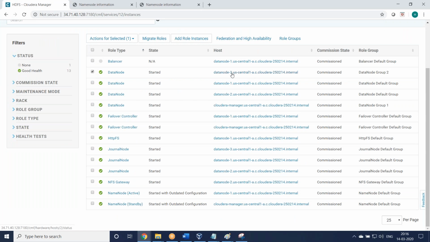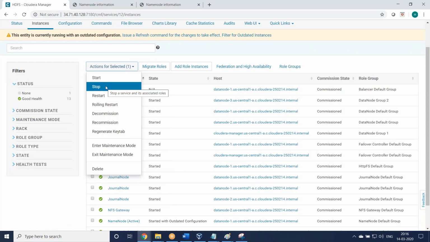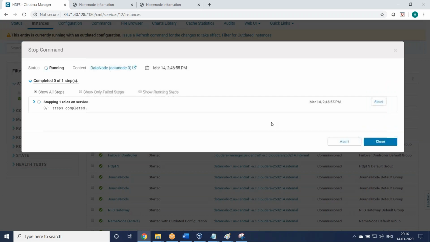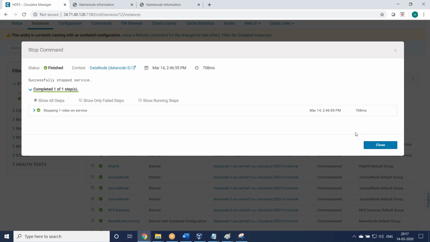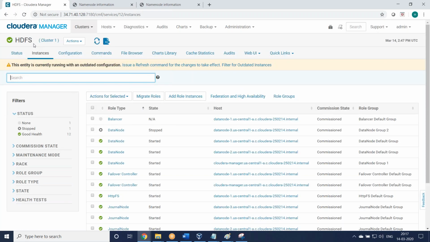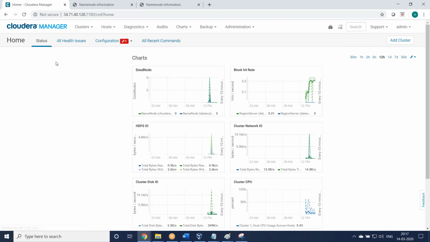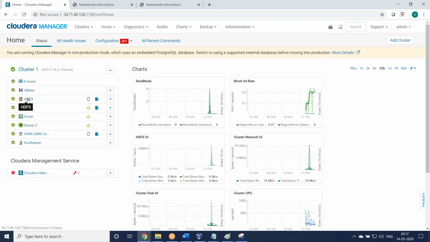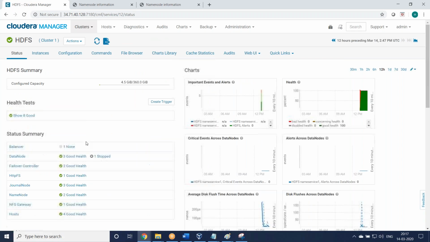For example, let us stop one data node, any one data node, and see whether it displays some alert. We have 4 data nodes, right? So I'll stop the last data node manually. From your end, you can consider that there is some problem and suddenly a data node stopped. We can consider it like that, but I stopped it manually here. Okay, it is done. Now you can find it. It will take some time. Refresh. If you wait for a minute and refresh, you will get some alert.